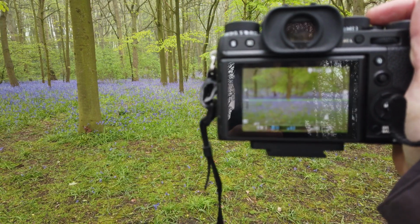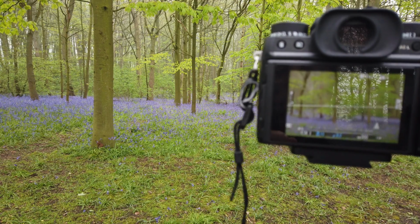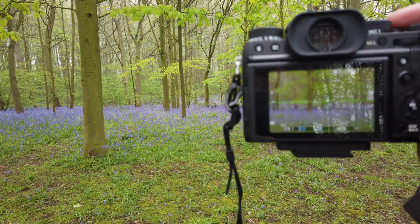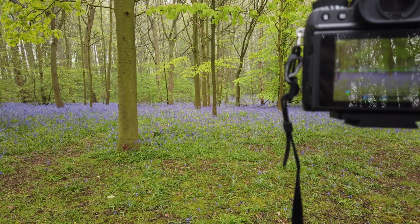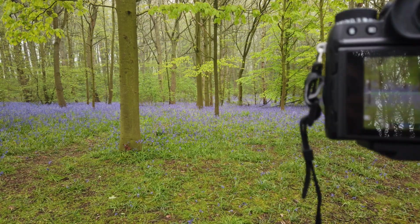Now, I'm only getting a tenth of a second, which is a little bit too fast, but you can get some movement out of it. I'm just looking for some subtle movement, so let's just try it. I'm using autofocus on this, but you can use manual focus. Let's just do a quick movement